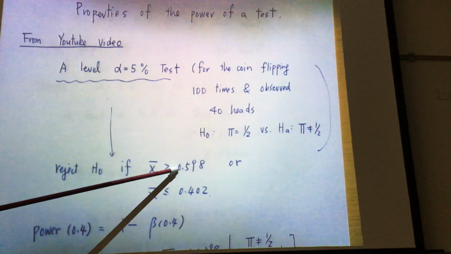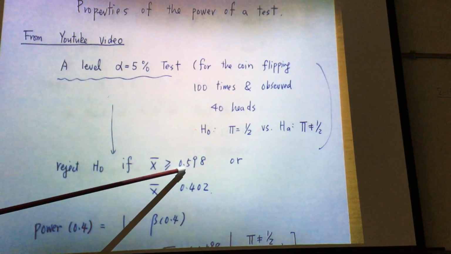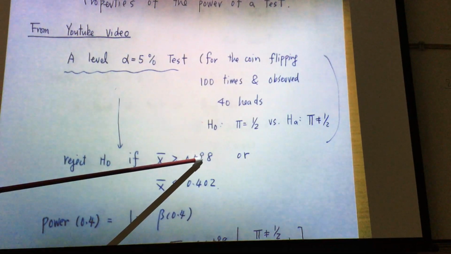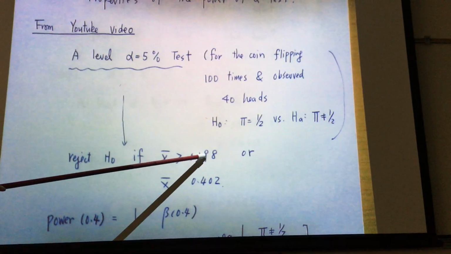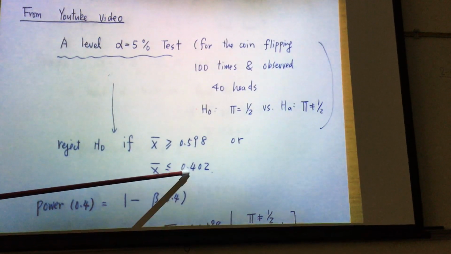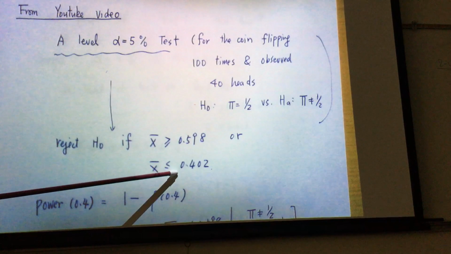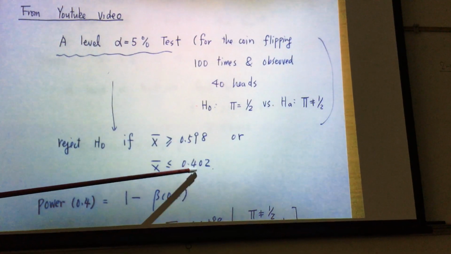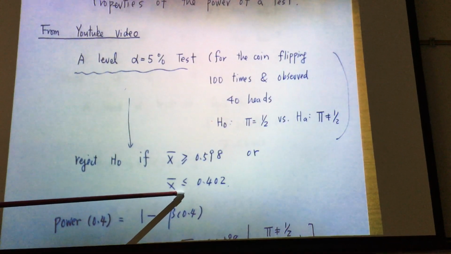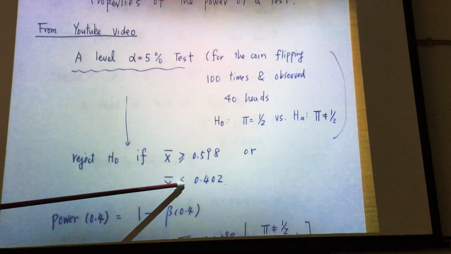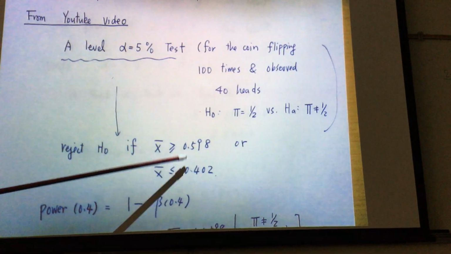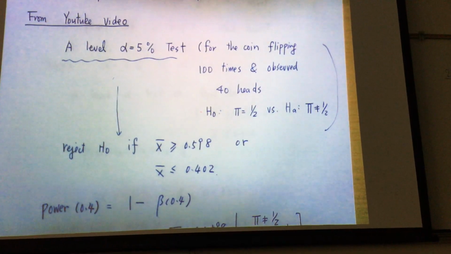In other words, 0.598 is what? 59 over 100. If you see 60 or more heads, that means what? Too many heads. You don't believe it's a fair coin. In the other direction, X bar less than or equal to 0.402 is too few heads. That means 40 out of what? 40.2 out of 100. If you see 40 heads or even less, it's too few heads. You are not going to believe it's a fair coin. Is that okay? This is an alpha equal to 5% test if we use hypothesis testing approach 1. Okay? So,